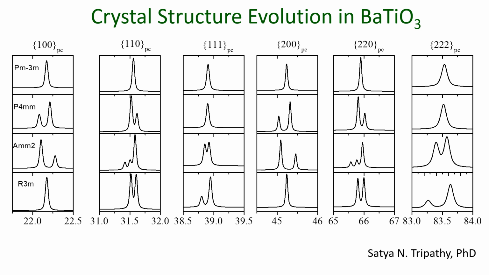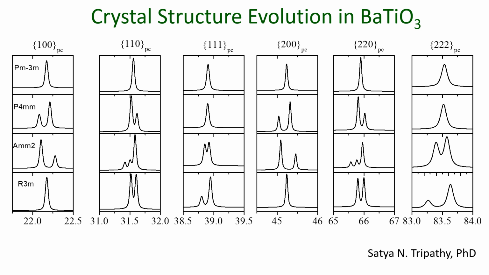Second, for a cubic structure, all those reflections will be singlets. That is the characteristic. If you analyze, suppose, 100 or 200, you can see for 200 PM3M is a singlet. But if you go down to P4MM, when the crystal structure changes as the temperature comes below 120, this singlet will split into a doublet where the inner line will be weaker compared to the outer line, and this intensity will be